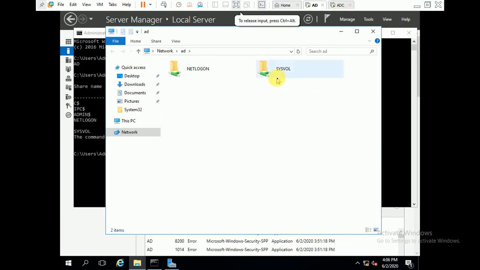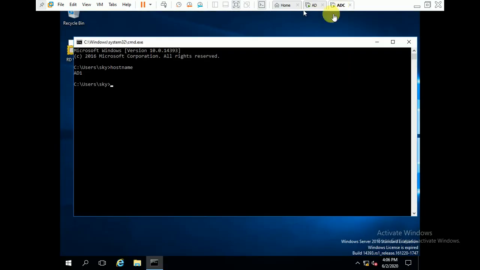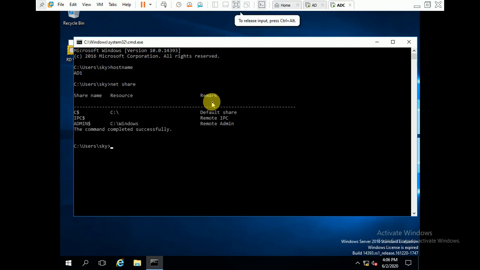Let's check whether the netlogon and sysvol folders are shared and available or not. First we'll run the command net share. From here we can find out if it is shared or not. You can see there is no sysvol or netlogon folder shared.